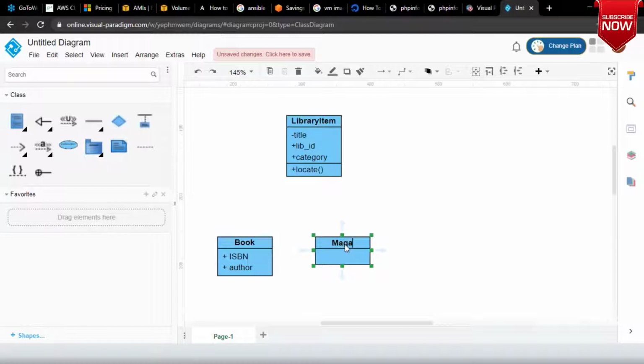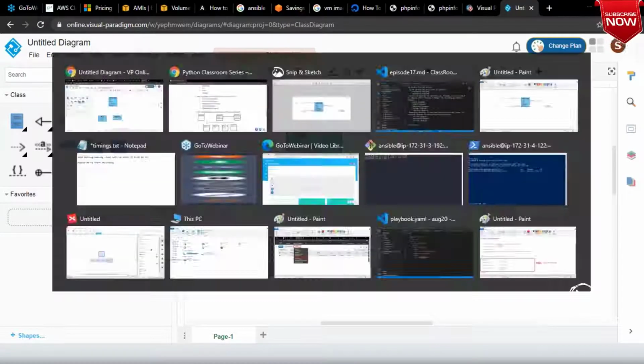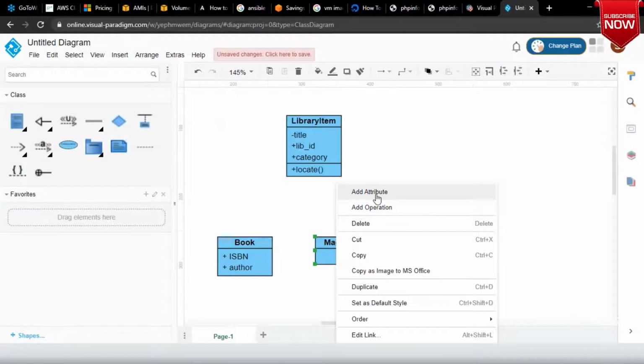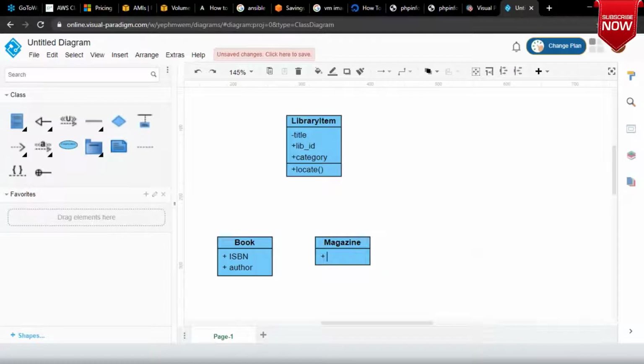This is magazine. For the magazine, what have we added? We have added volume and issue. So let me add an attribute which is volume, and let me add one more attribute which is issue.